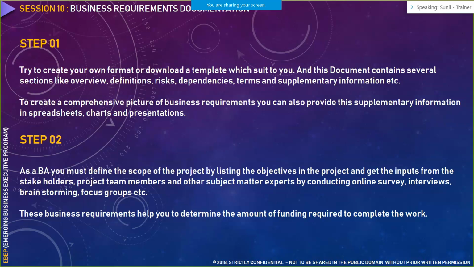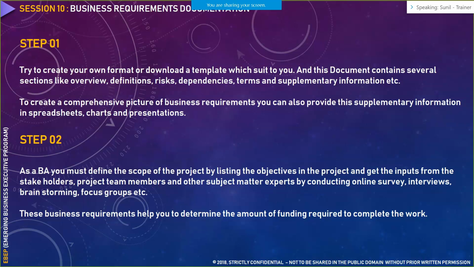So you have to keep the language very simple, so that irrespective of the country of origin, people from different geographies are able to understand the language that you have used to document your business requirement document. So don't use any high or heavyweight language while writing your business requirement document.